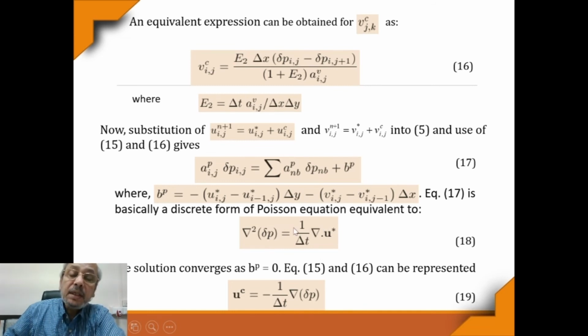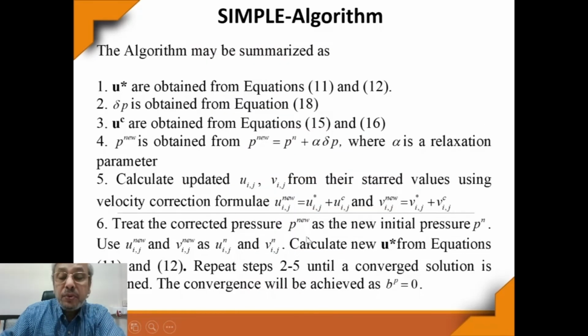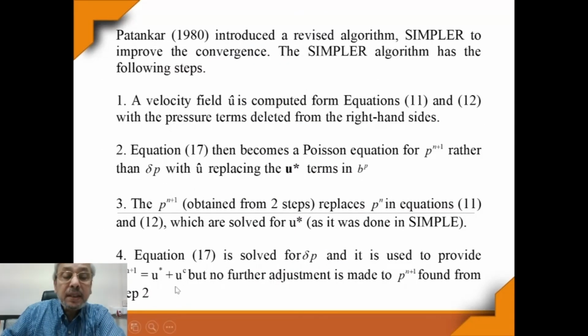But whatever delta P we get, we make use of that to get velocity correction, and we keep on updating velocity till we get the convergence. That means divergence of velocity in each cell is 0 and there is no longer delta P from equation 17. This is called